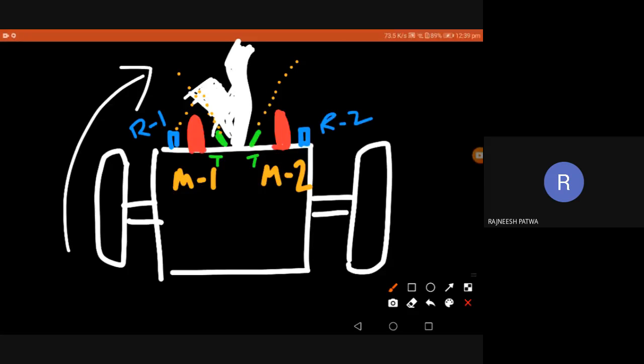Getting it? At that time I know what I should do: my right or left wheel should stop, and now my other wheel should move. The idea is simple. I have two motors controlling the two wheels. Motor 1 controls wheel 1 and motor 2 controls wheel 2, which is on the right. Okay. So whenever